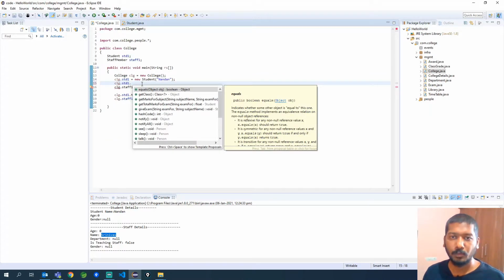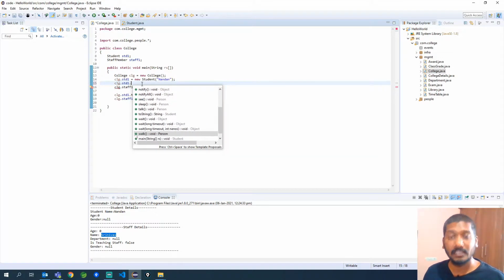Let us see if we are able to access the data members of a class like Student. Student is present in college. But if you see here, I do not see any of the data members, and there is a reason for that, which is called access. In Java, there are different levels of access, which give us better protection. If I have some important data members which I don't want to be accessed by other classes, I can do that. That is what we will see in the next video, which is about access modifiers.